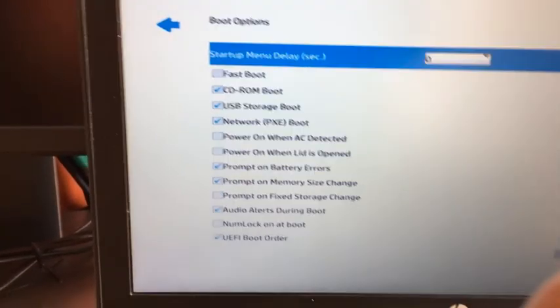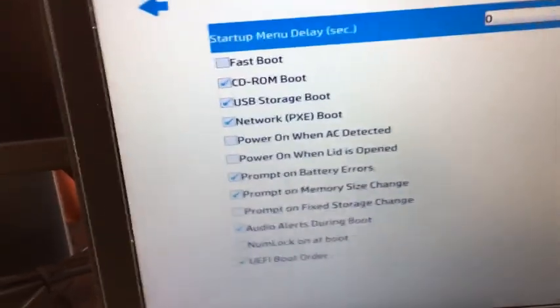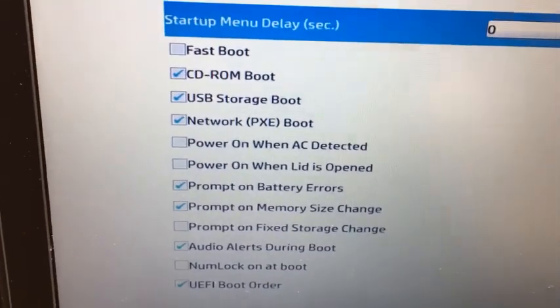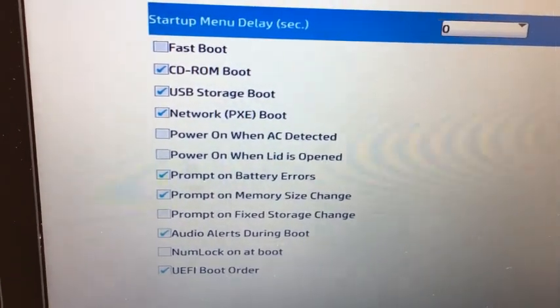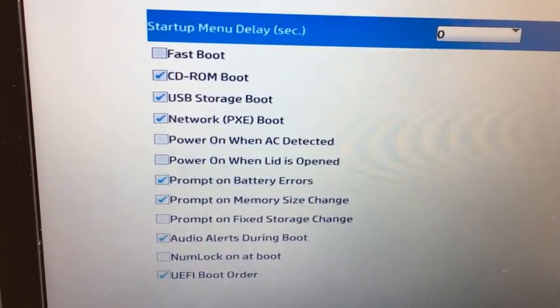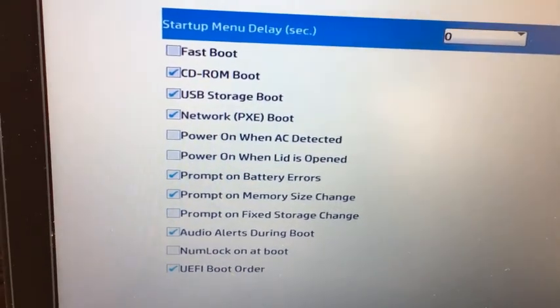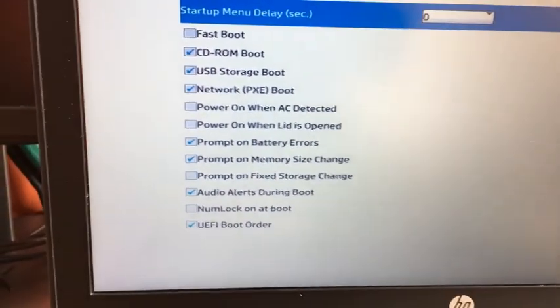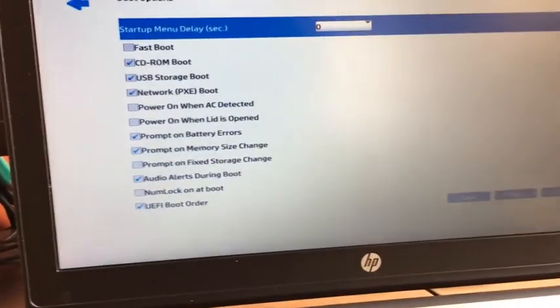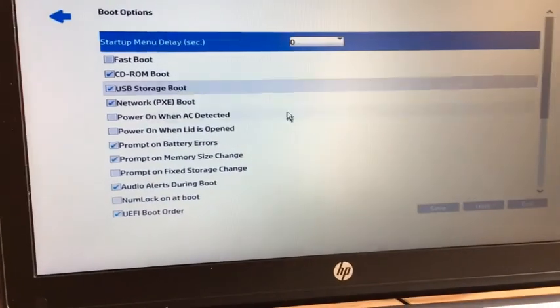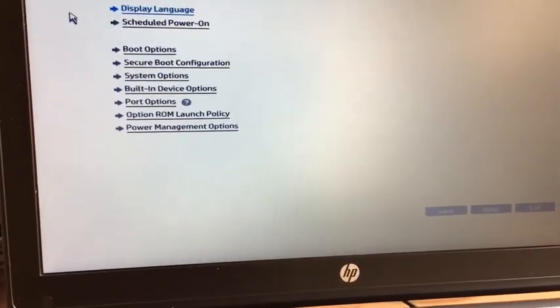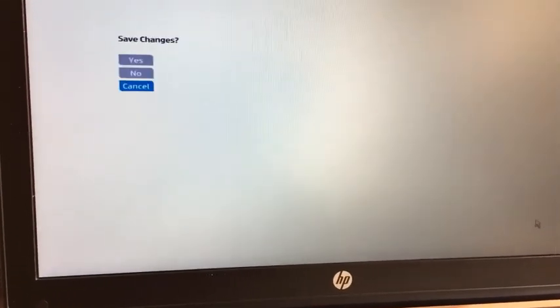Just select boot option, and here you can see there are various boot options available. First is CD-ROM if you have one, then the second one is USB storage, so you need to enable USB storage boot if it is not enabled, and that's it. Then you just hit save, say yes, and go back and exit.